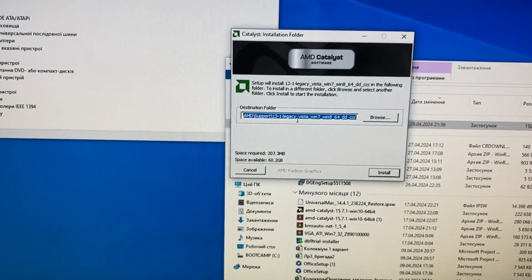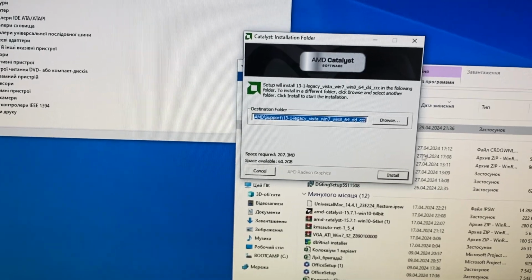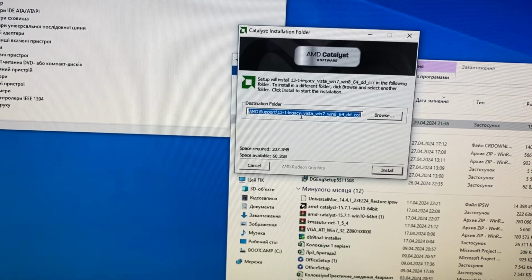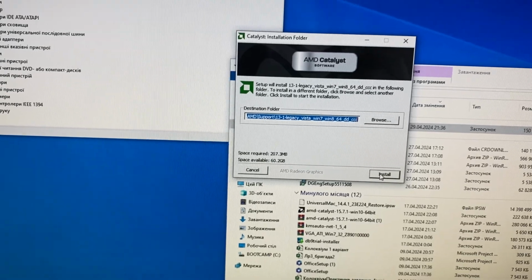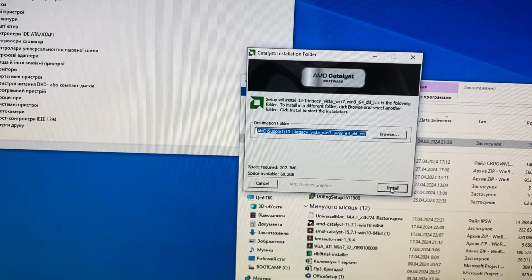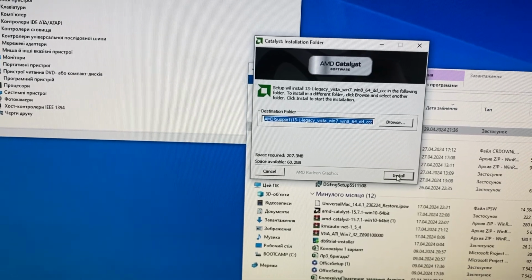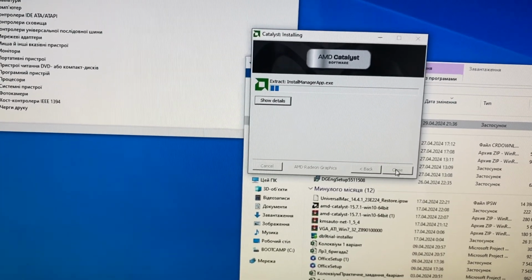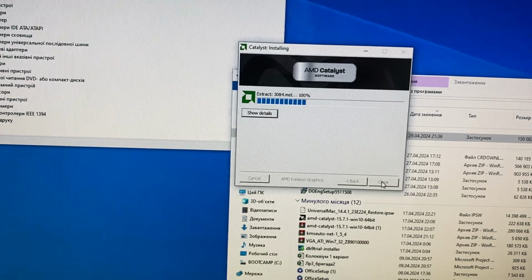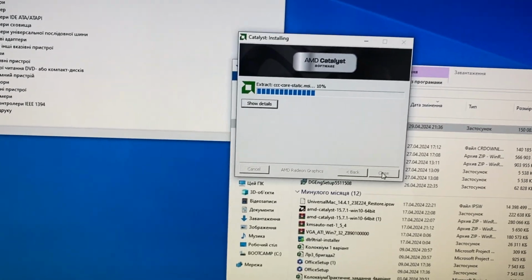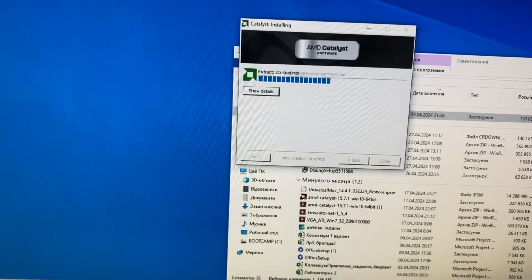So you just need to download and install it. You can also use the driver for Windows 7 or Windows 8 if you can't find a driver for your Windows 10. So like this one, install. Now just wait until it successfully installs. After that you will be able to